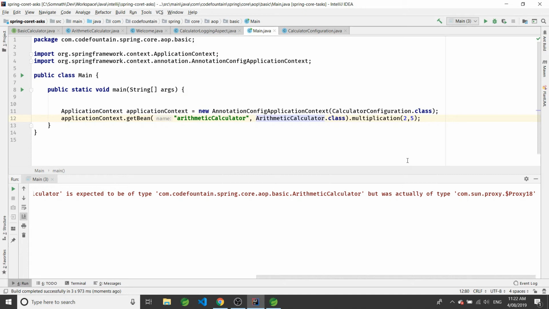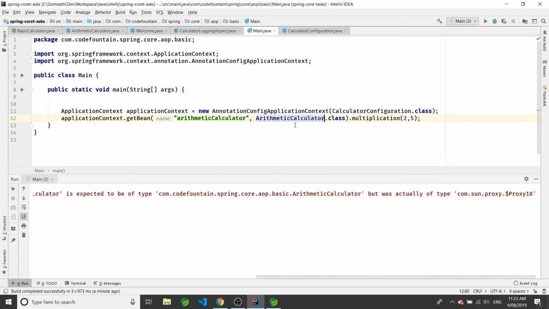Now here comes a couple of interesting things. First of all, we discussed that Spring AOP is proxy based. We also talked about how whenever our class implements an interface, Spring uses the JDK dynamic proxy, and it creates a proxy class as a wrapper on top of our actual class. So here, though we are passing arithmetic calculator, Spring has created a proxy class, and this proxy class implements the interface type, not the actual type.